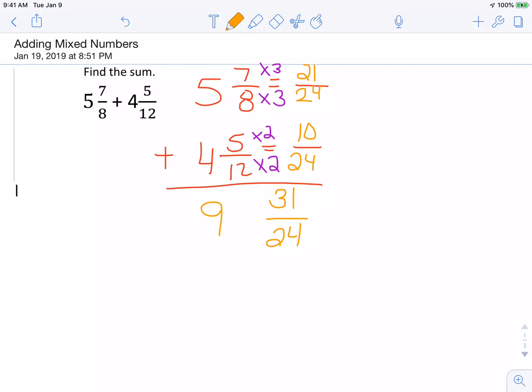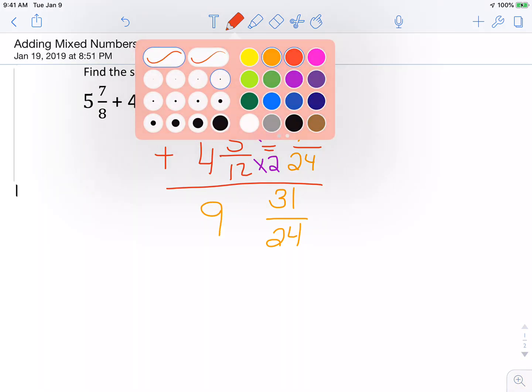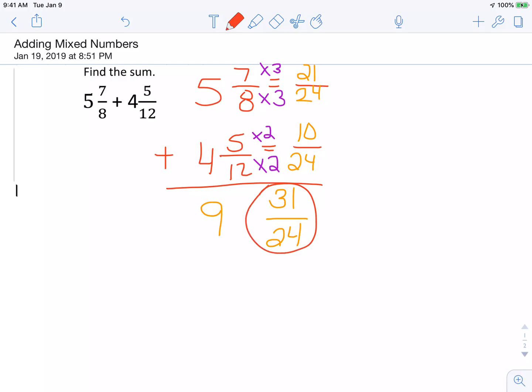Now, my problem is this number is top heavy, meaning it's an improper fraction. It's very simple to solve an improper fraction and to turn it into a mixed number. Remember, every fraction is a division problem, then you'll be able to solve improper fractions. So you take your top number always, put it inside the box, and the bottom number